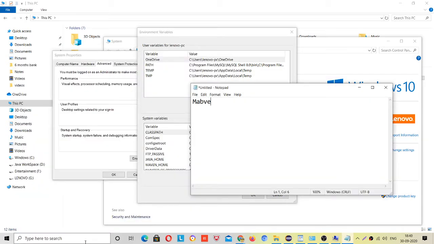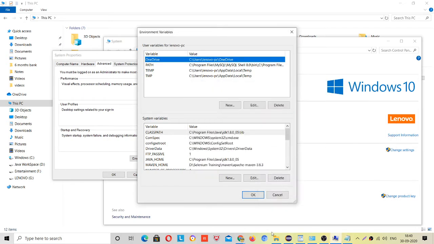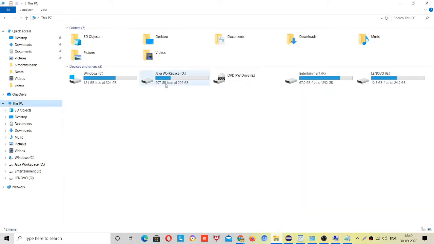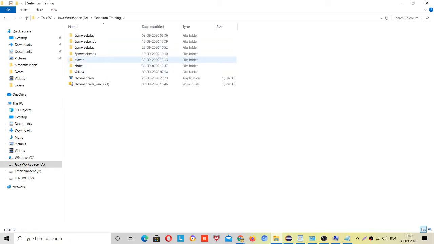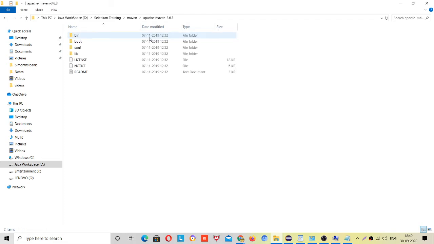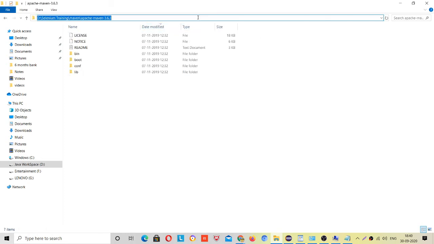First of all, MAVEN_HOME, then Path. To set up MAVEN_HOME, which you have to do for sure, go to where you have extracted Apache Maven and copy this path. This is your home directory.